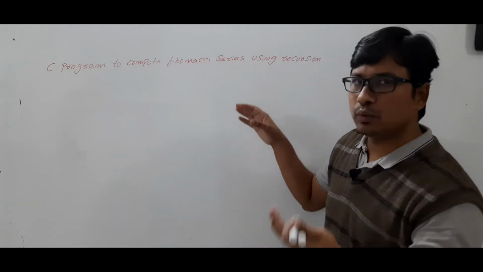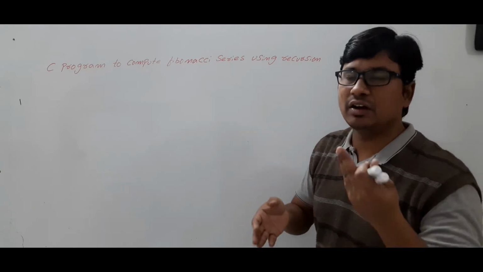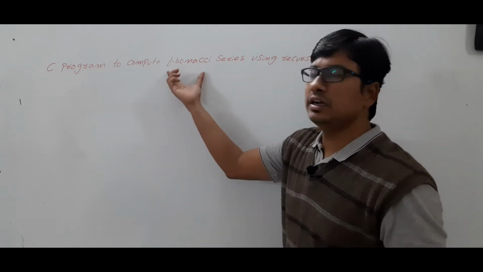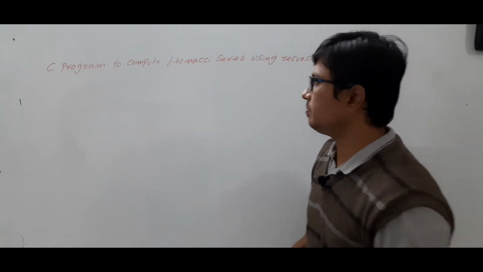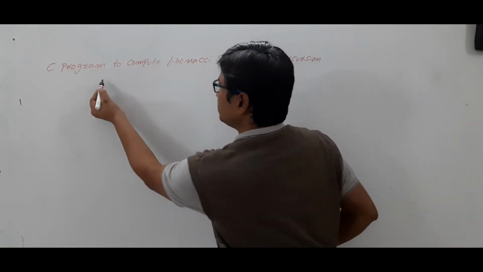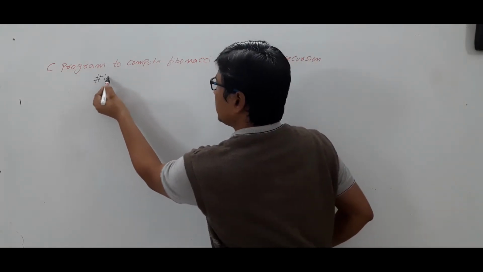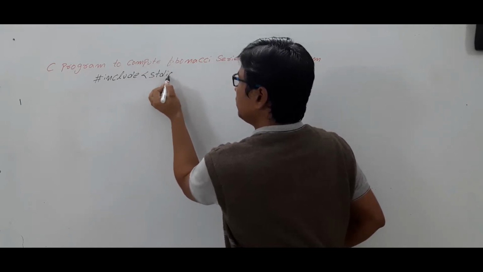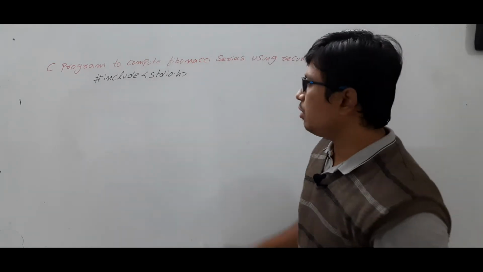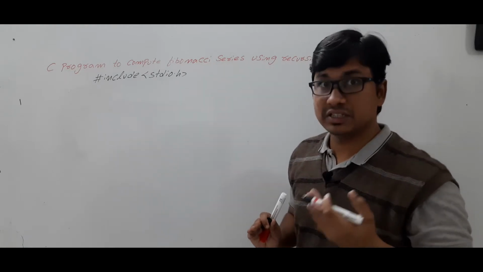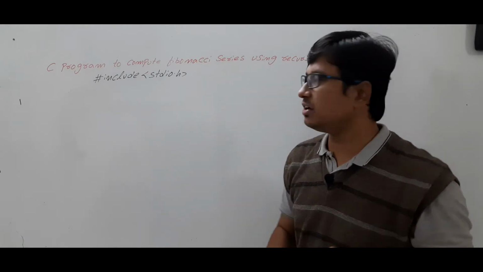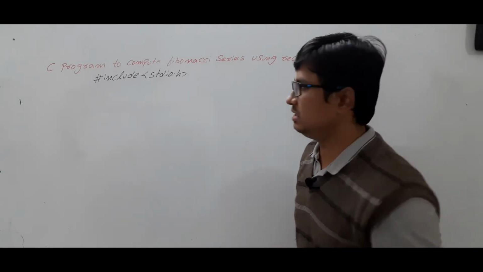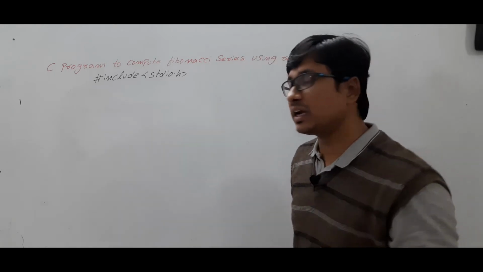So I want to define or declare a function. That function should call itself and display the numbers in the Fibonacci series. Now let me write the program. We have #include <stdio.h>, which is a standard input output header file. Now the functions I am using are user defined functions, because for the predefined functions we have used the header file. Now I need to use a user defined function, so before using it, I need to declare the function.